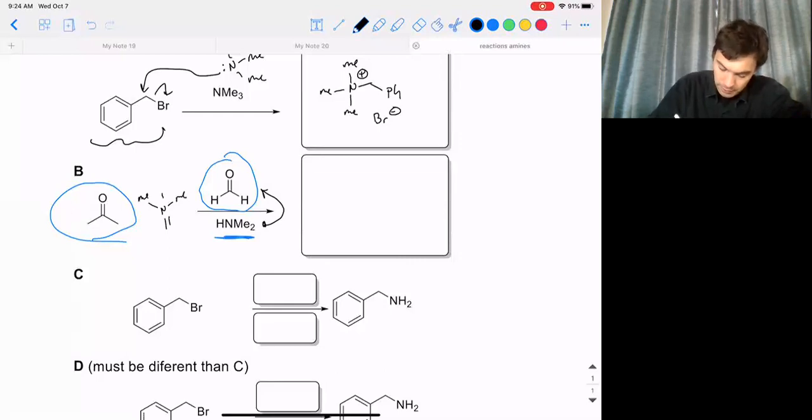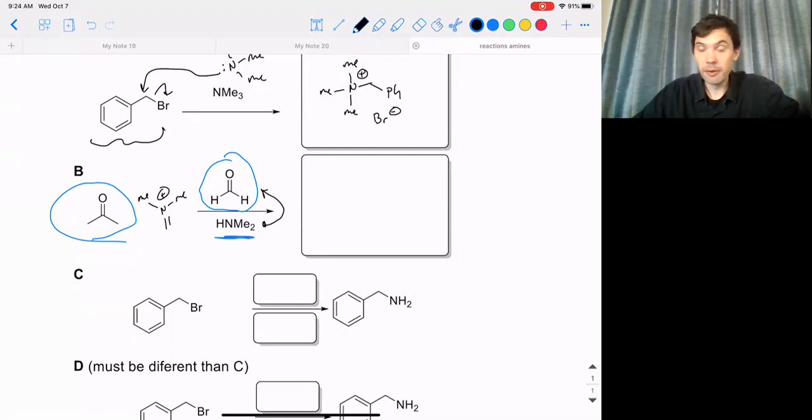And in this particular case, it's going to be an aminium ion. And typically water is going to be the corresponding negative charge. So it might have some hydroxide around, or we might be promoting it with something like sodium acetate or acetic acid, and the acetate might be the counter ion as well. But regardless, this is going to be a really great way to make an aminium ion,